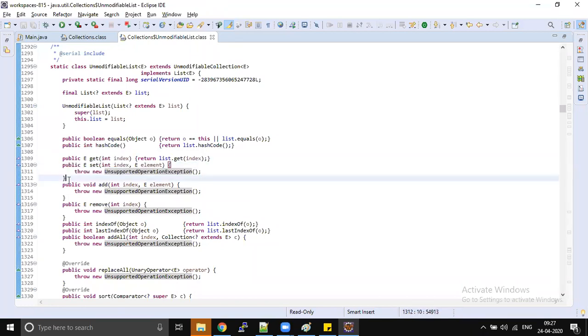So when I say you can't do anything, it's not that big a picture. They're simply overriding the method and throwing an exception. You call that method, I throw an exception. That's it. It's straightforward business. So the names are unmodifiable list, unmodifiable map. These classes were introduced with JDK 8. If the list shouldn't be modified, then use this. But there are some precautions you have to take care of. Whenever somebody tries to modify, they will get an exception, right? So we have to be very careful while dealing with these unmodifiable things.